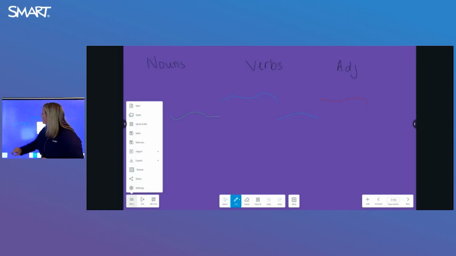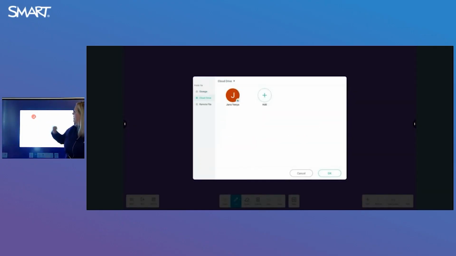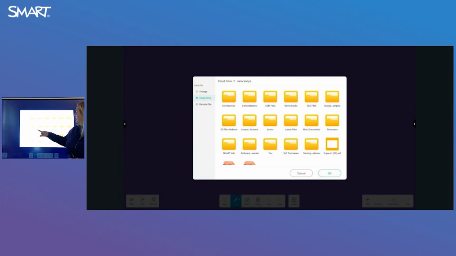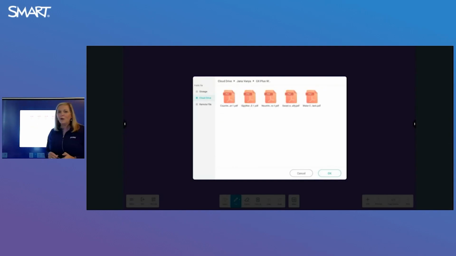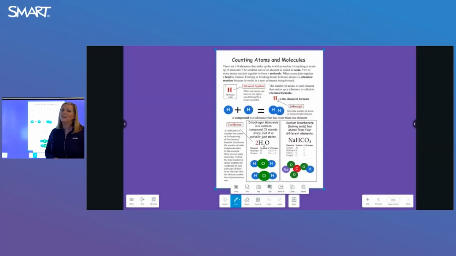All right, one more within the whiteboard, and then I'll show you something really quick with Google Slides. I'm going to import, this time we'll keep the background purple, another PDF. We're going to go secondary for a little bit. So if you are a secondary teacher out there and you've been wondering what lives in that whiteboard for you, there's definitely some things in addition to what I've already been showing you. But this time I'm going to grab something that is completely out of my element, but I know will be relevant for several of you out there, counting atoms and molecules. So again, being able to bring that content directly in, that static content, and add to it,